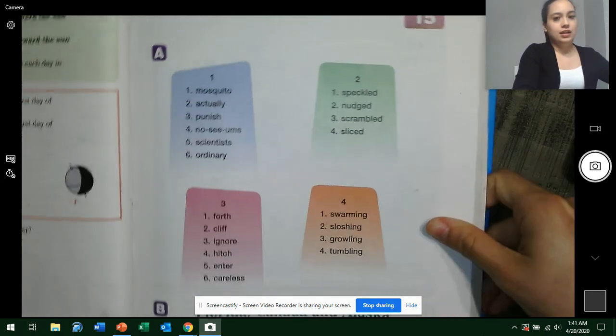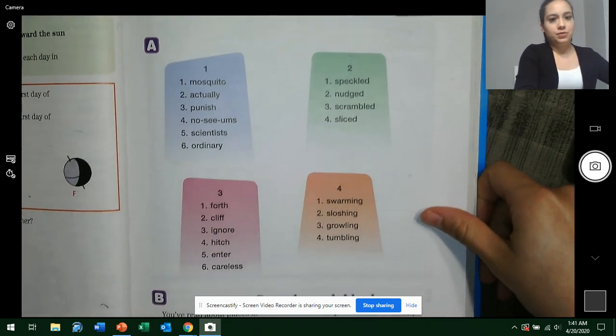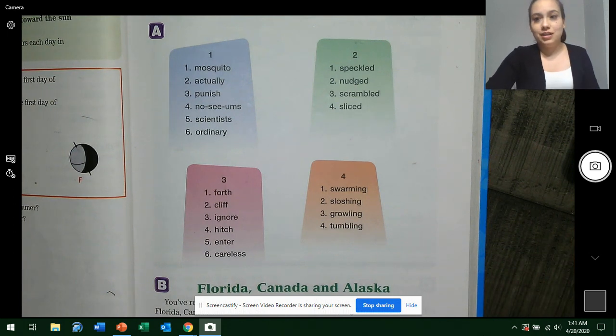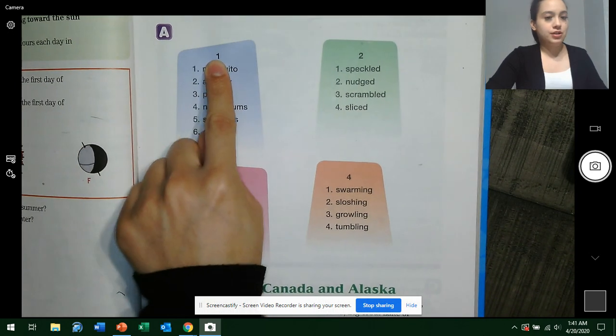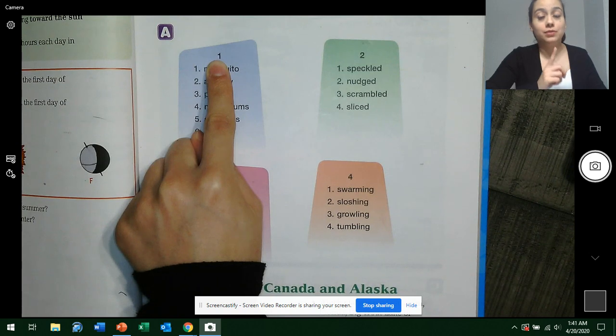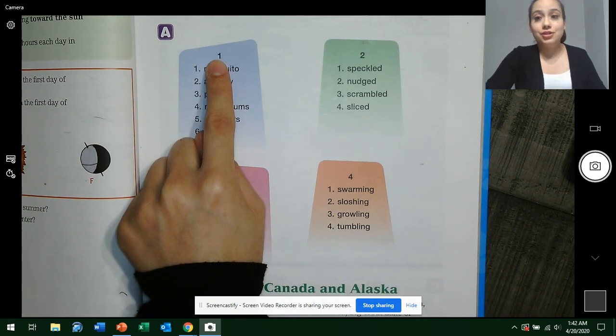Let's turn back to lesson 15. This is the lesson we're going to be doing today. You should be on page 73. I'm going to give you some time to press pause on the video, and when you're on page 73 and you're ready, press play. Okay, so let's go ahead and track. Fingers on column 1. Remember, you're tracking and you're reading the words out loud. It's very important that you practice reading the passages and the vocabulary words so that when we do our checkouts, we do it in less than 1 minute.